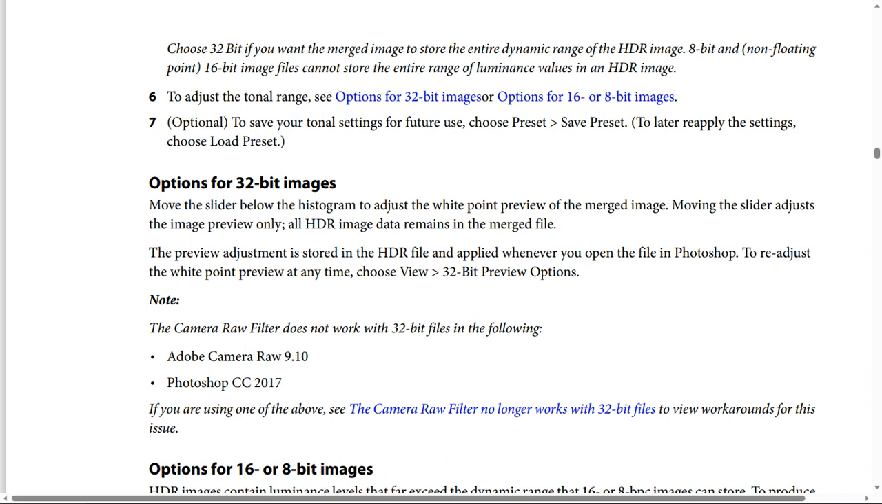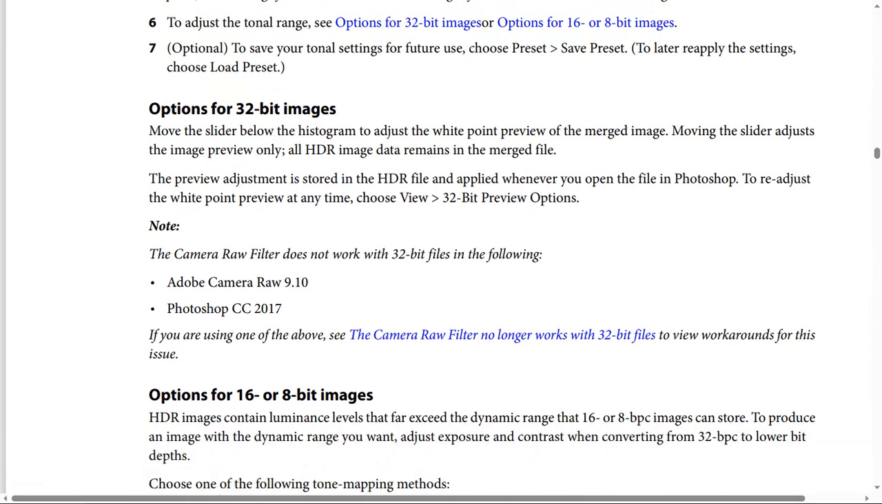To readjust the white point preview at any time, choose View, then choose 32-Bit Preview Options. Note and be careful: the Camera Raw filter doesn't work, by the way, with 32-bit files in the following: Adobe Camera Raw 9.10 version and Photoshop CC 2017. If you are using one of these, the Camera Raw filter no longer works with 32-bit files. To view workarounds for this issue,